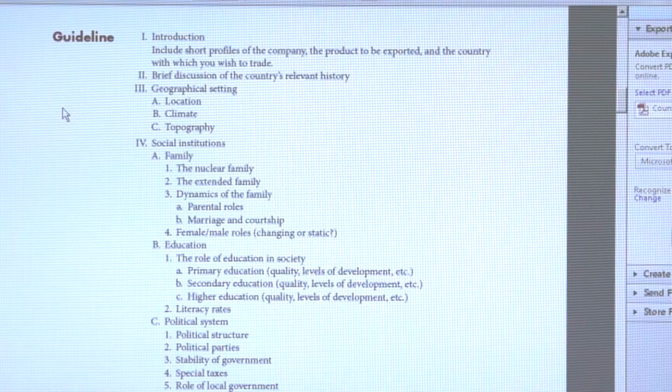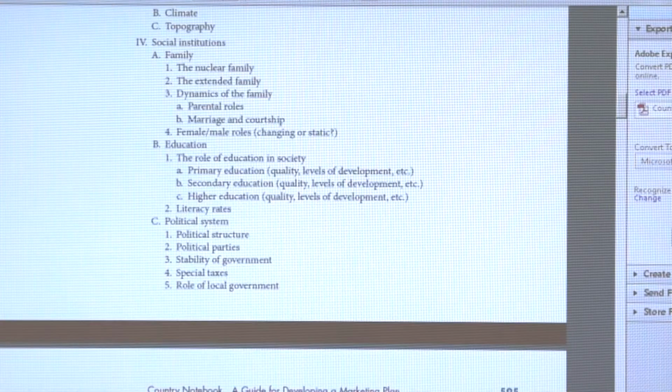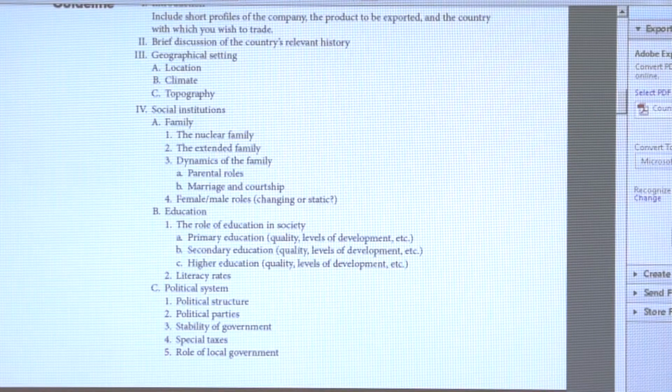Then political system. And political systems many times are interesting for a variety of reasons. Actually, we'll just leave it with political system. Here what we have, the overall political structure. You can talk about form of government, etc. Is it a kingdom? Is it a democracy? Is it a parliamentary system, republic, etc.? What political parties exist? You may be surprised to discover the width and breadth of political parties in other parts of the world.